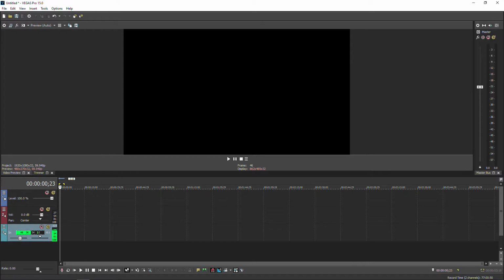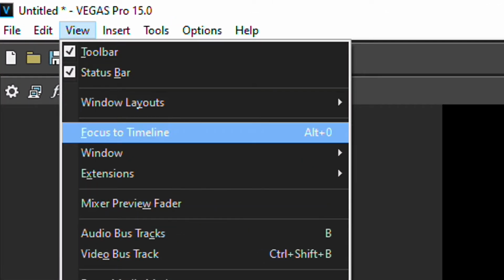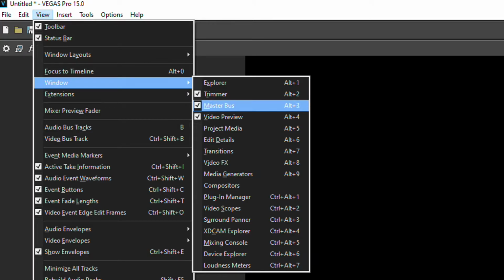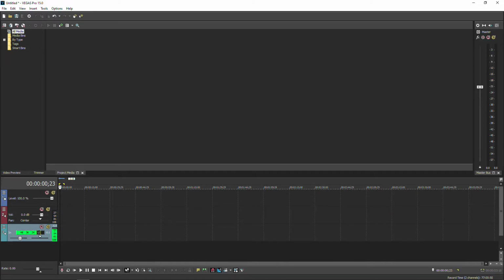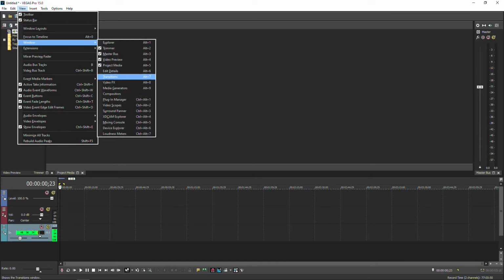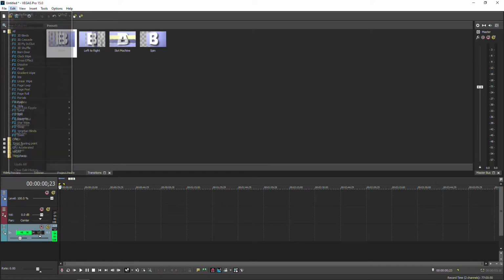First, what you need is to go to View, then Window. You see those tabs, those are all extensions you can add. It's up to you, you don't need to add all of those. Like I need project media, and you see it's just added, but don't worry, I will explain later. Add what you need first, and then we will work our way.